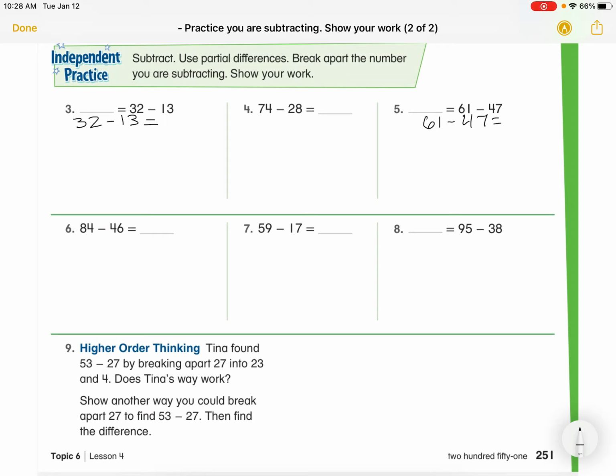Let's look at number 9, higher order thinking. Tina found 53 minus 27 by breaking apart the 27 into 23 and 4. Does Tina's way work? Show another way you could break apart 27 to find 53 minus 27, then find the difference. So this problem is just really asking you to solve 53 minus 27 equals. So remember, you're going to break apart the 27, like we did in the guided practice. When you are done with your independent practice, this page right here, please remember to take a picture and